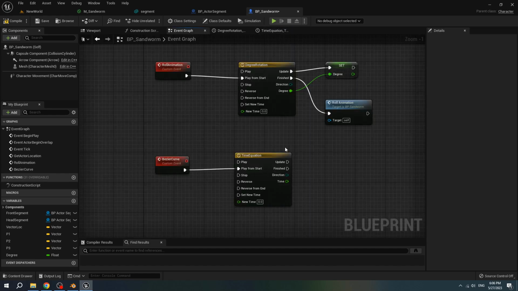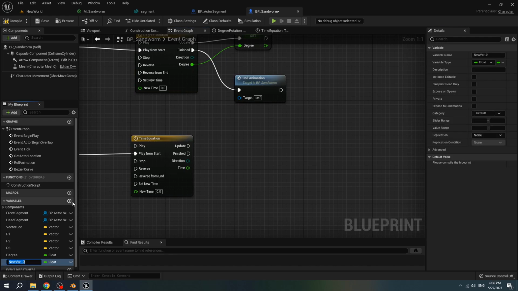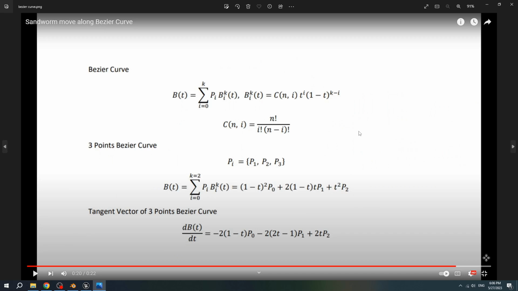Go to event graph. For the time, add variable, name it time, set it to the time when it's updated. And we use this function to find our bezier curve for our sandworm to move along this curve.